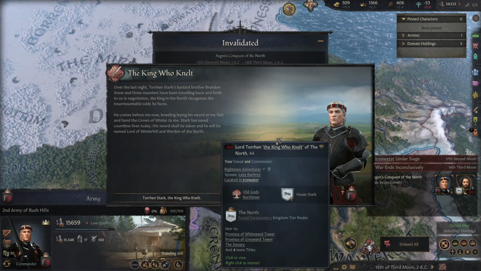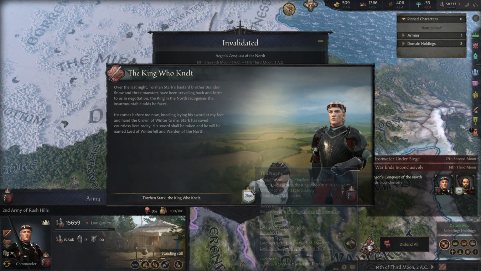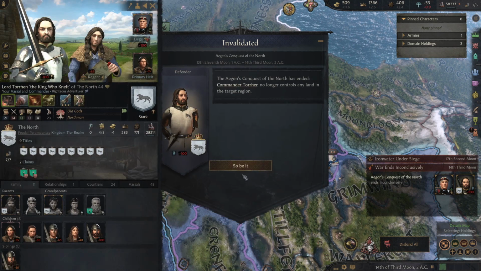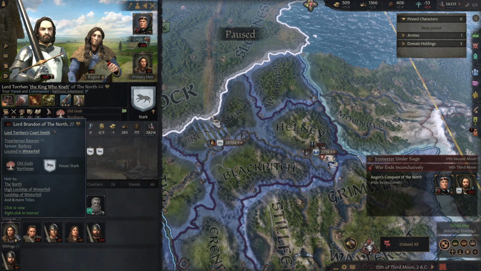So the event triggered, you don't need to fight him. You can if you want, and that actually removes this event. But he bends the knee. Now, I believe there is an opportunity as well. We're going to click on him, so be it. So he bends the knee. But there's an opportunity where...